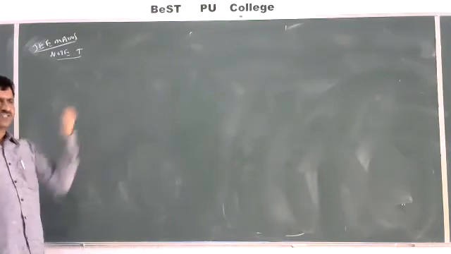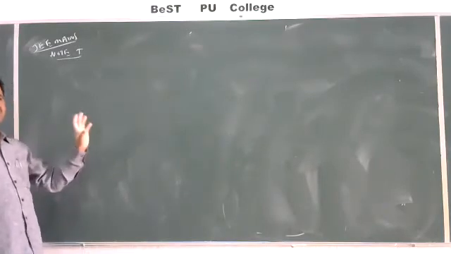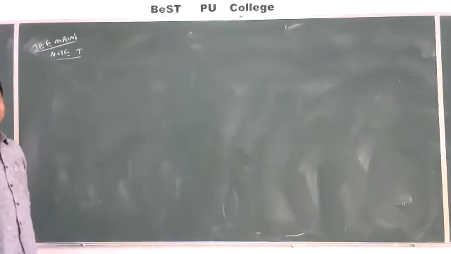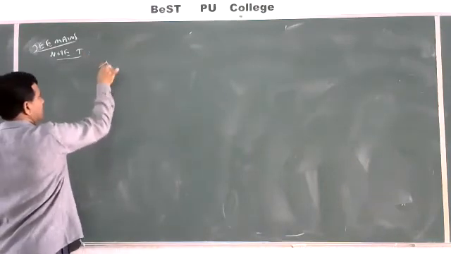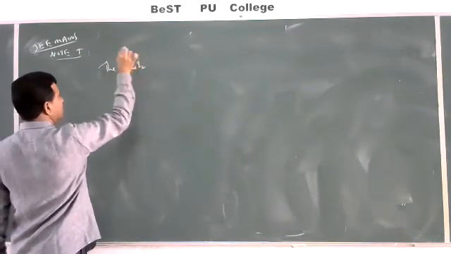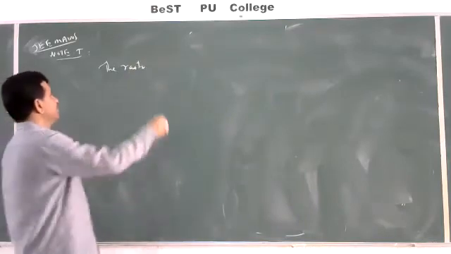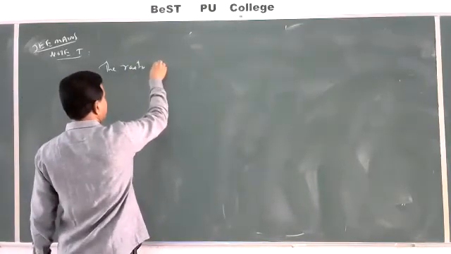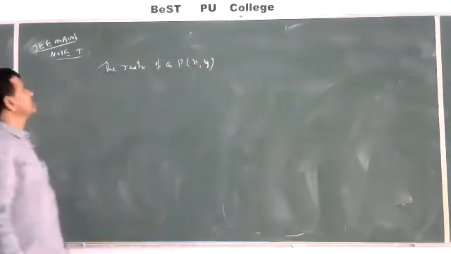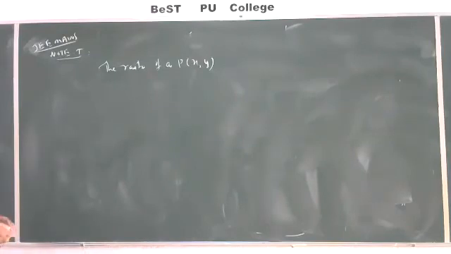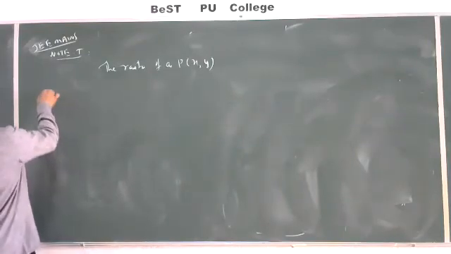Here is a reverse question. I will give all the 3 points. I require the ratio. How will you find the ratio? Just reverse, okay? The ratio of a point P(x, y) which divides